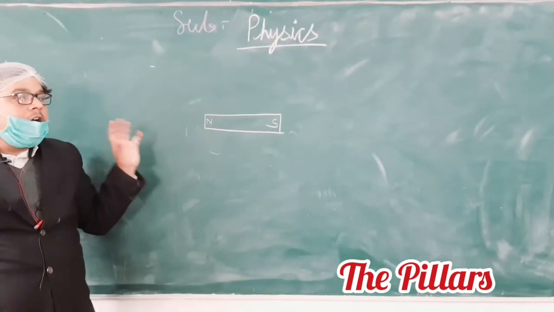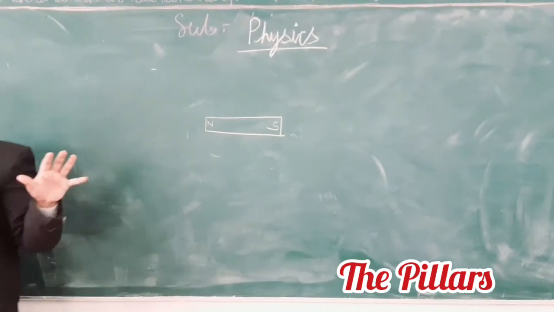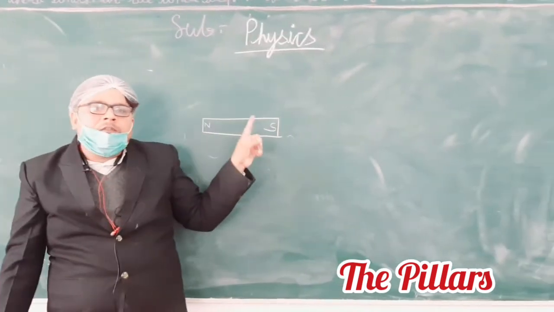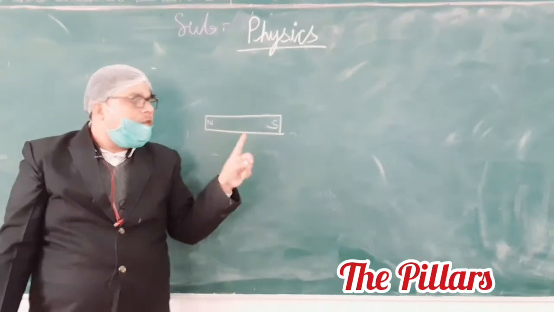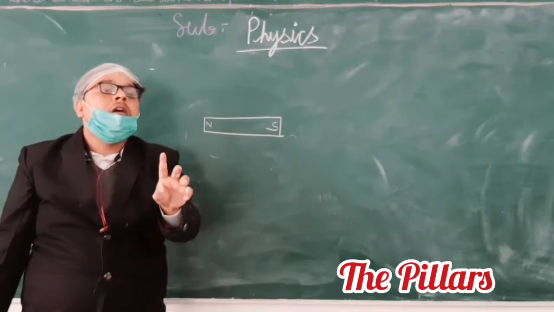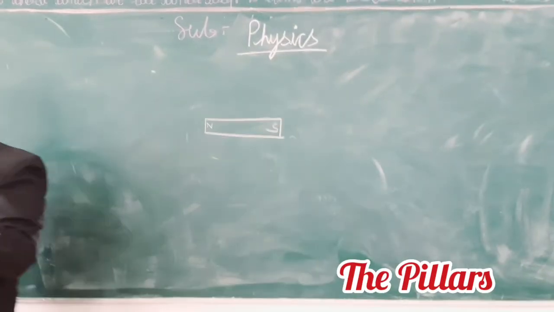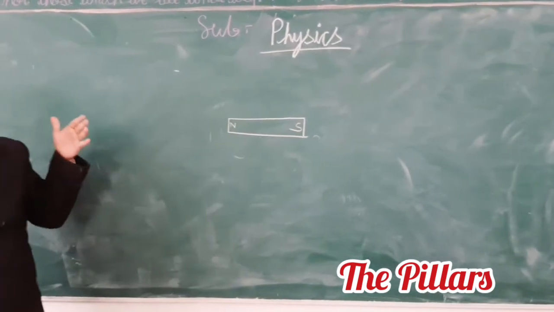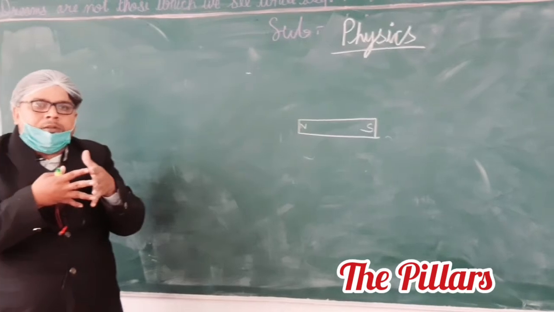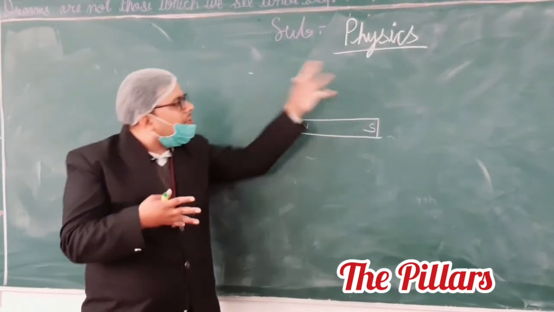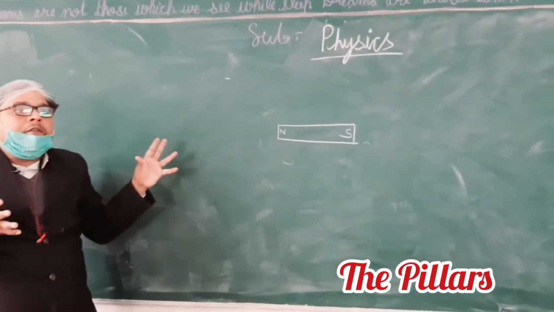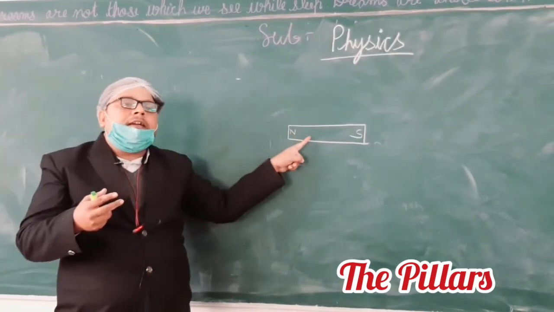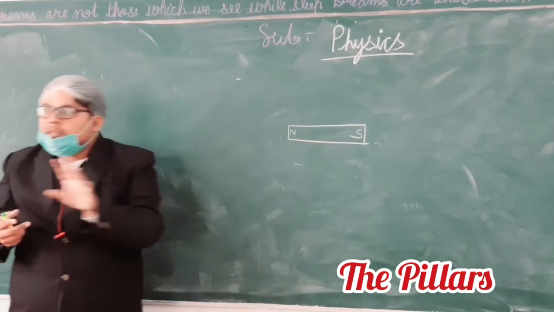Magnetic field. Already we have the magnetic field of Earth present, plus the magnetic field of this magnet also. So two magnetic fields are there, one due to this bar magnet and one due to Earth. These two fields will interact with each other. So around this bar magnet, we are going to have a net magnetic field which is due to Earth as well as this bar magnet. Is this point clear?